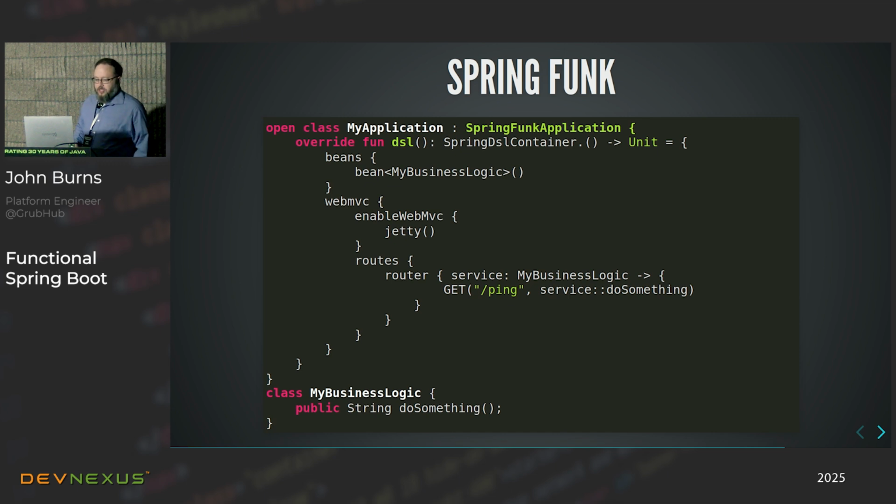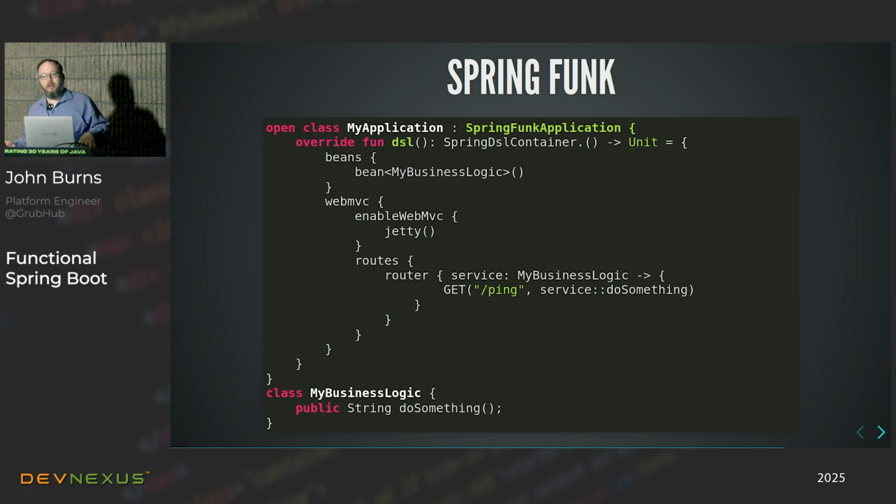So this is where the Spring Funk project comes into play that I mentioned earlier in the talk. The Spring Funk project is a continuation of the Spring Foo project. What I've done is I've basically taken all of the initializer code that Spring Foo had and brought it over to my project. But I've also mixed in some ideas that I've had, because all of this functional stuff we have implemented at Grubhub. The Spring Foo project has been around 8 years, like I said, but it never really went anywhere. I was waiting and waiting for it to go somewhere. And finally I said, I can't wait for this anymore. I'm just going to start doing this stuff in our framework.